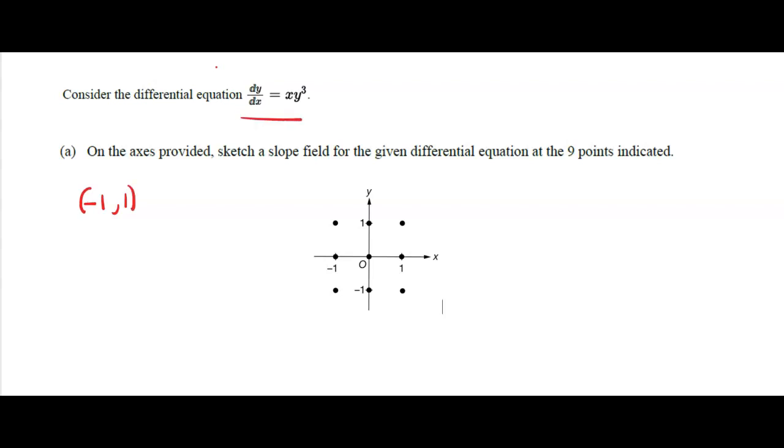So if I were to plug that in up here, that would give me the slope. So we have a -1 for the x value and a 1 for the y value. And that's going to simplify to be -1. So the slope at this point is -1. Now negative slopes go in a downward direction. Okay, a slope of 1 is about 45 degrees. Okay, now if we pick this point over here,